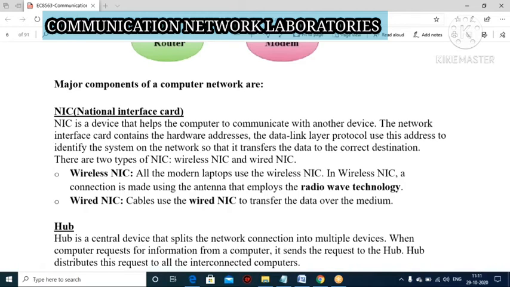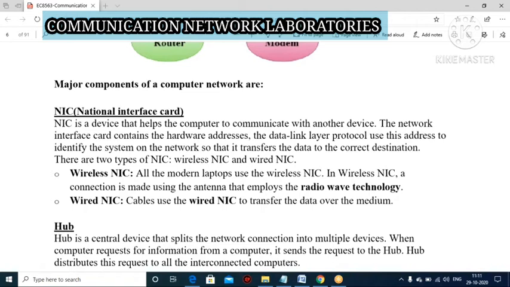So it is used to identify your system, that is your destination system. Here it contains the hardware address and destination address. With the help of this card only, you are able to communicate with your destination network.